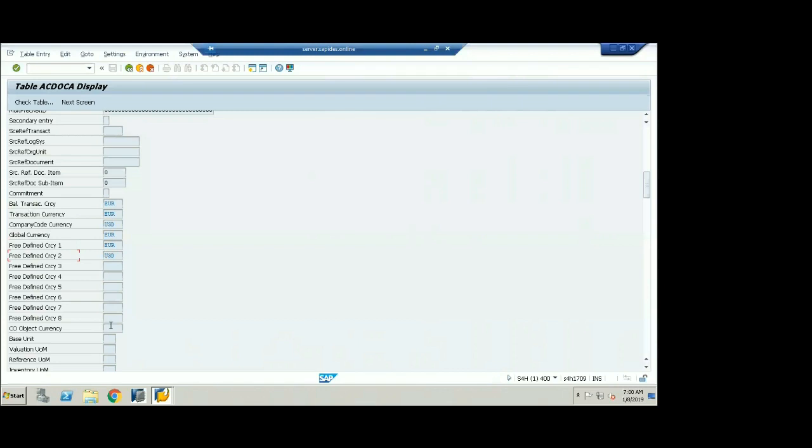If you have not maintained the currency types over there, for example, let us take an example. Mahesh, I have only two currencies, 10 and 30. I have not used the freely defined currencies. Then these freely defined currency fields will not be updated and will show blank like this. So where is the conversion value of those stored? These conversion values I will maintain in my exchange rate spreadsheet. That is completely different.